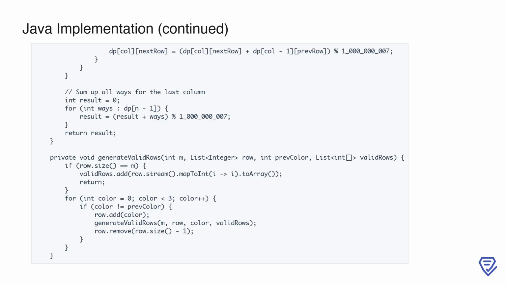10^9 + 7 requirement. After building the DP table, the last step is to sum up all the ways to paint the grid for the final column. This gives us the total number of valid ways to paint the entire grid. The result is stored in the variable result and returned. This dynamic programming approach ensures that we efficiently calculate the solution by breaking the problem into overlapping subproblems and reusing